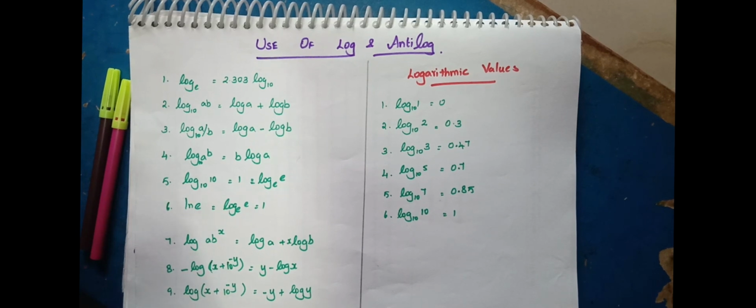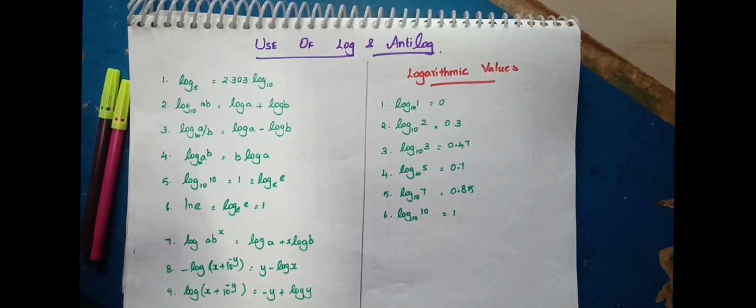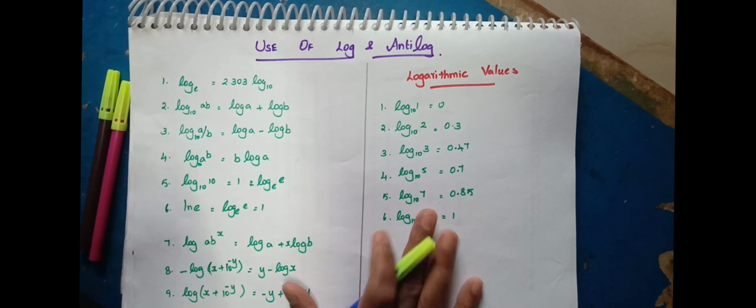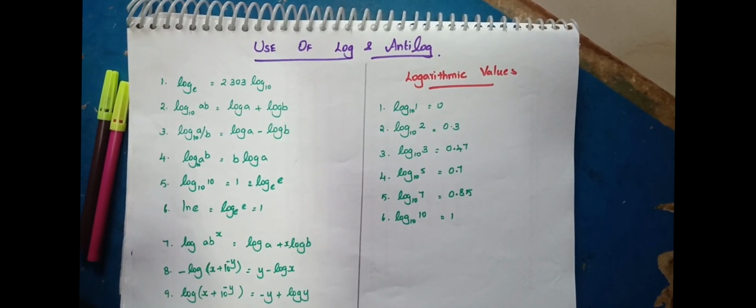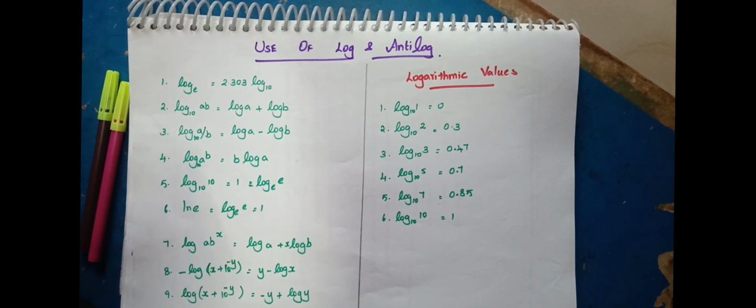Now here I'll be giving you the trick to find logarithm and anti-logarithm in the simplest way. Usually this is the psychological mindset: while seeing a logarithm question, all the students leave it as it is and go for the next question. Here I will give you this fantastic trick. Don't leave the logarithmic question, because it will give you marks so easily.